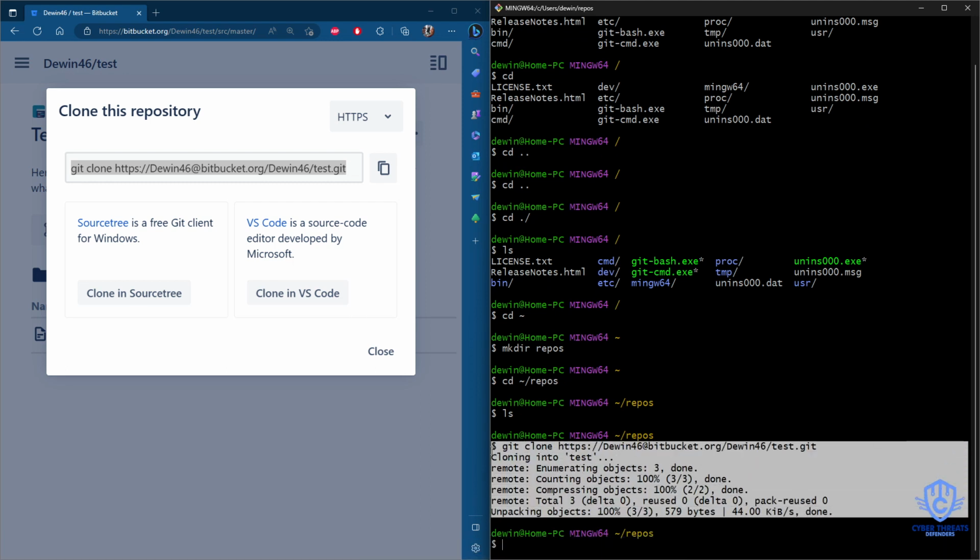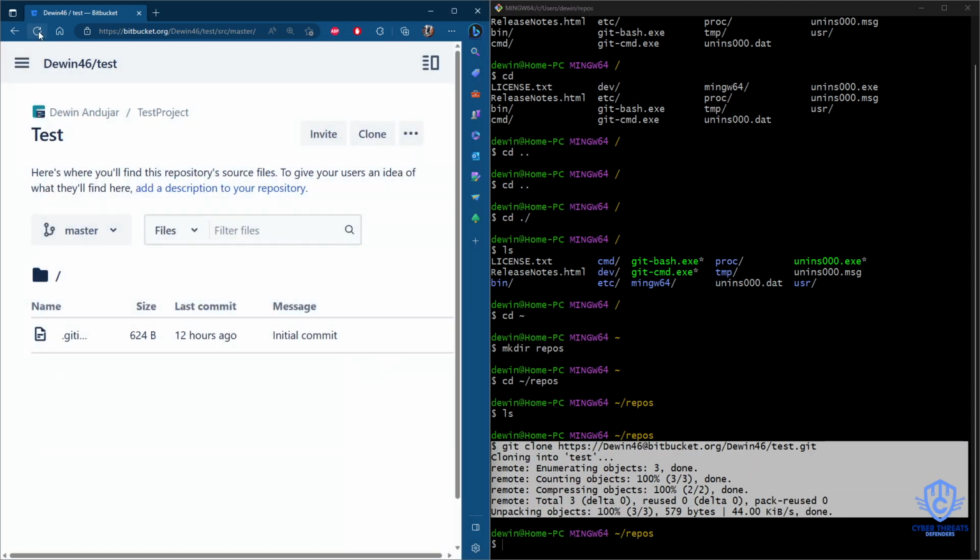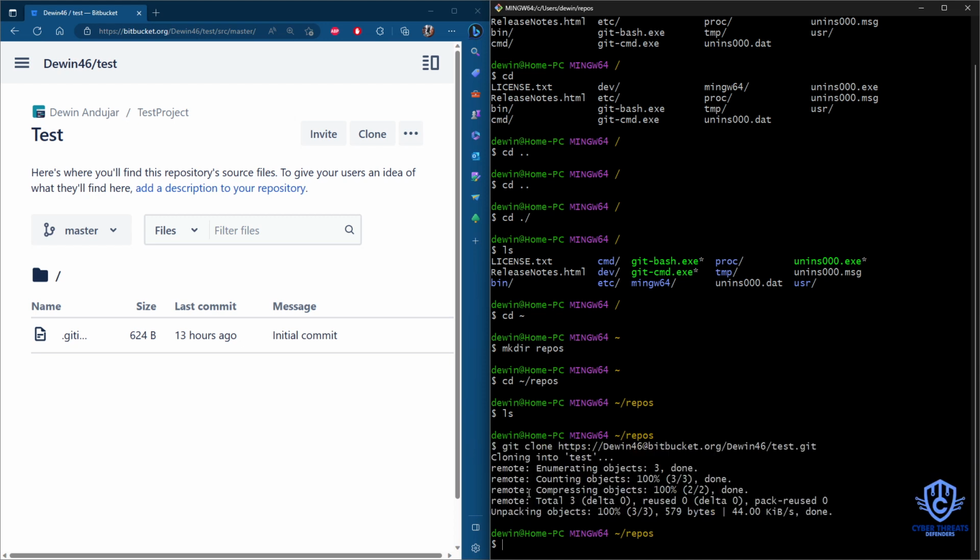This means here that it's already completed. Okay, it has been completed. So I can refresh here. If you can see, there's nothing here yet because I haven't committed and pushed any file yet. So right now I'm just cloning, I'm just connecting everything, local and remote repository. Okay, so now